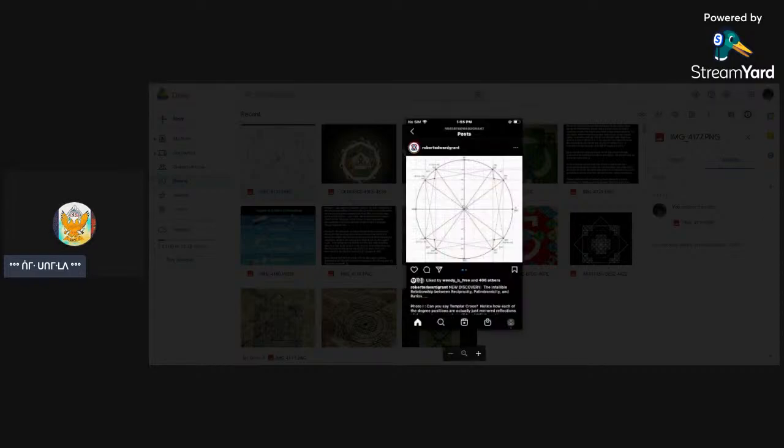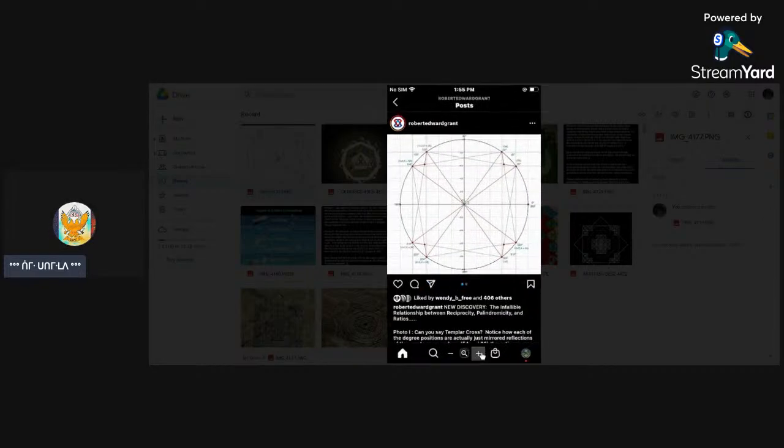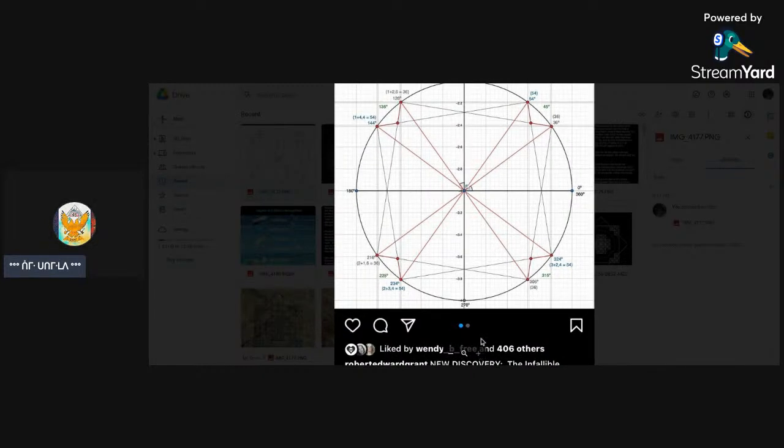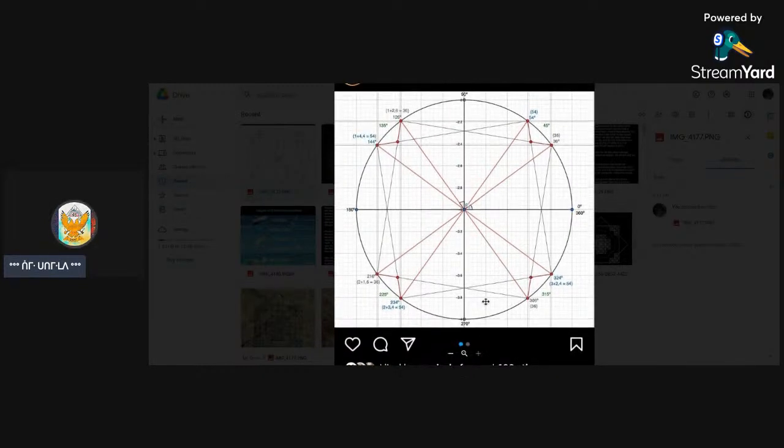He makes them all the time. But the reason why I'm showing his work is because it relates to mine, his new discovery that he just made yesterday or today, one of the two. I can't really remember, but I'm going to zoom in on this so that everybody can see it. I don't know if you can see it. You might need glasses, but as you can see up here, we're going to start over here in the right